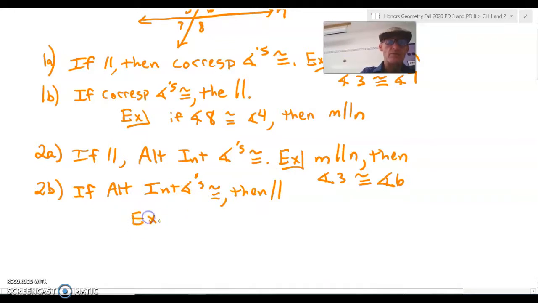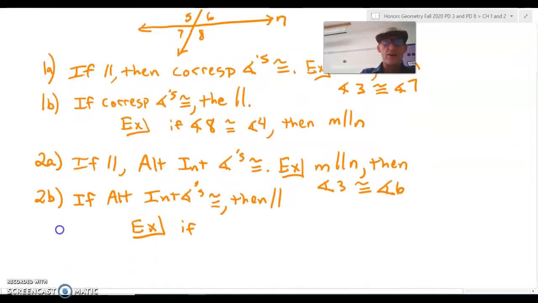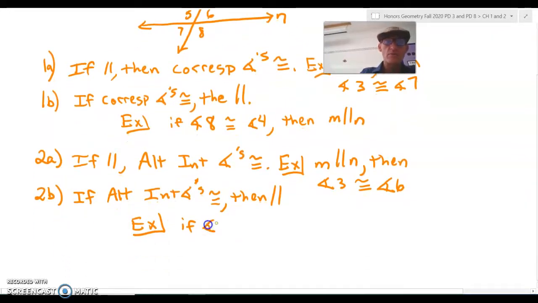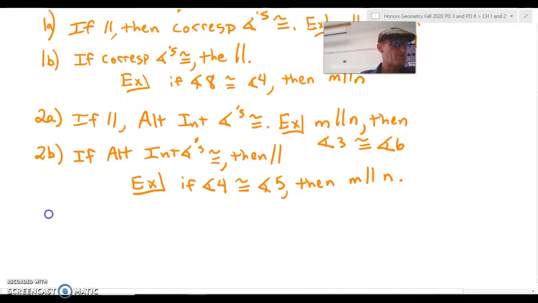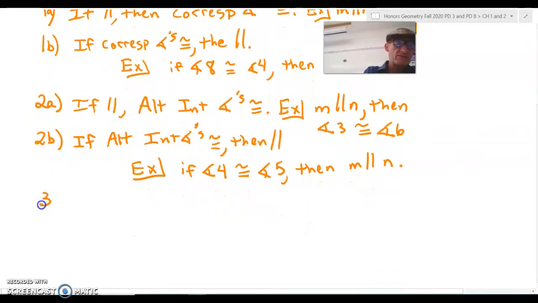Example, if angle 4 congruent to angle 5, then M parallel to N. Now 1A, 1B, 2A, 2B, those are all converses of each other. Okay? 3A,